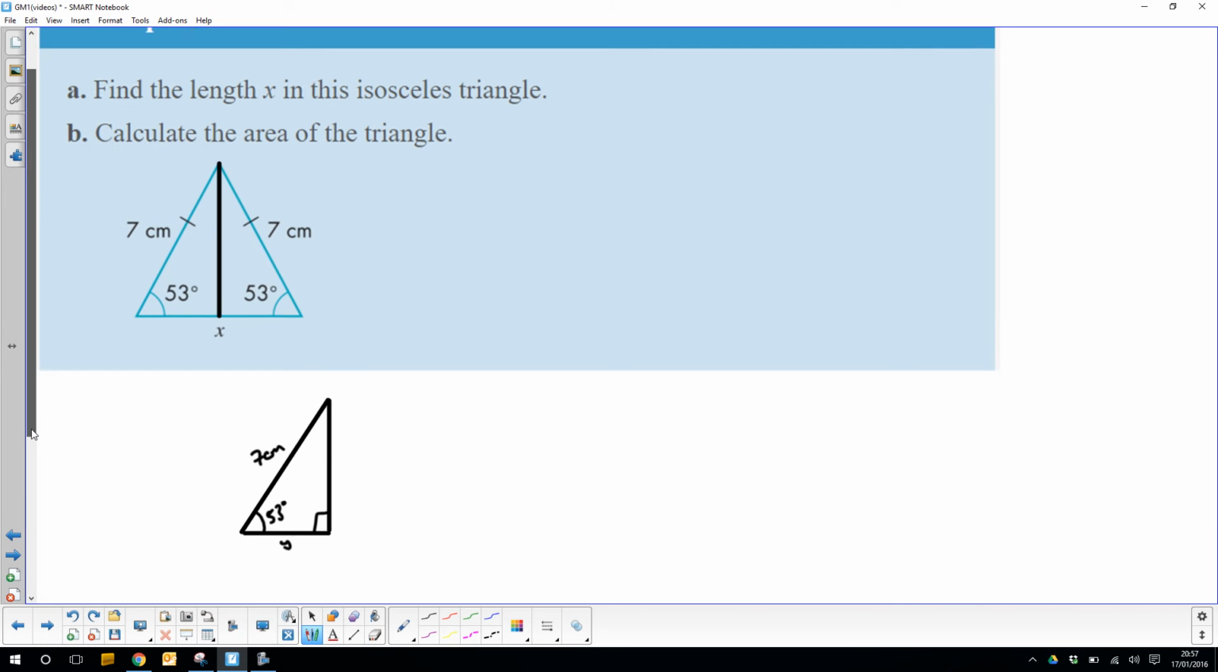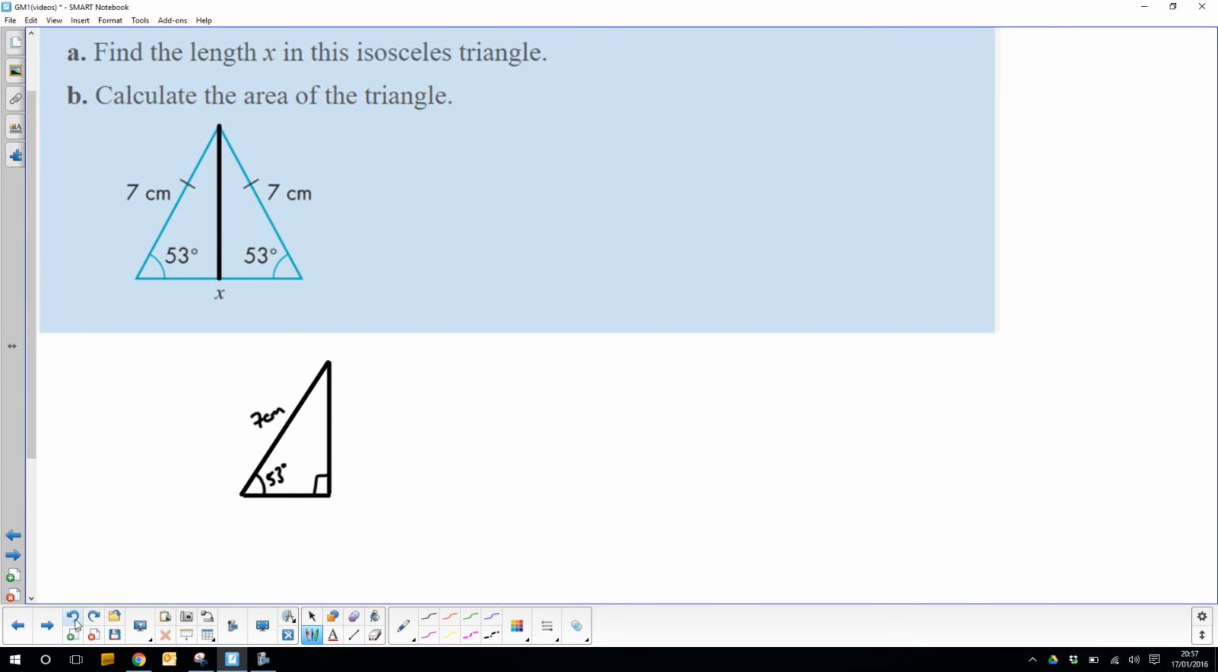I'm going to scroll down a bit and make it bigger so that you can see it easier. So this is our problem. We've got an angle and two sides. Adjacent and hypotenuse means it's cosine. So cos theta equals a over h. Filling in the right information, cos 53 equals y over 7. So y is 7 cos 53,